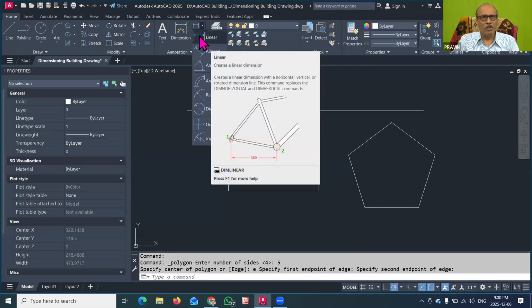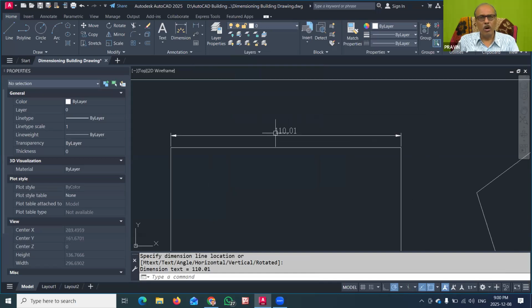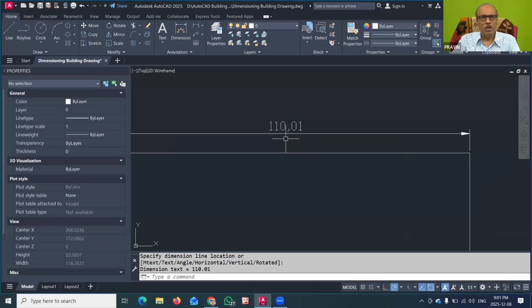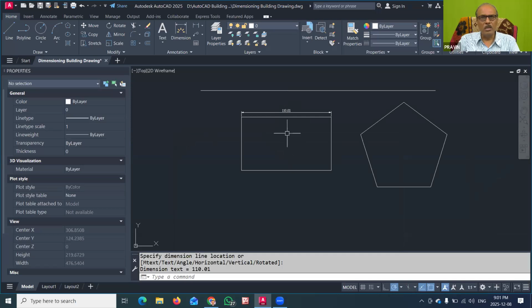Now I am using the linear dimension command to show the side of this rectangle. You can see that this is a very small rectangle having 1110 comma 01. That is one important thing you have to see here. There should not be any comma, and this font is not proper. Most of the other things are very nice, but this is the issue here.